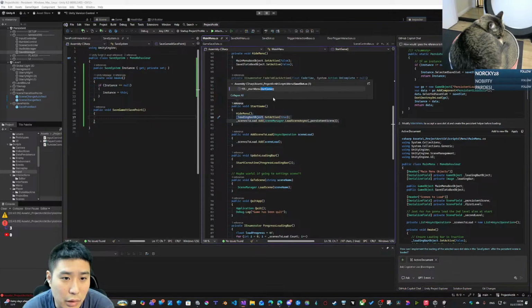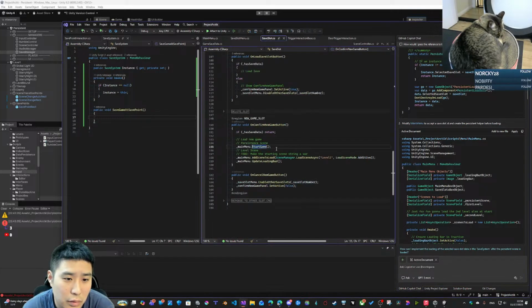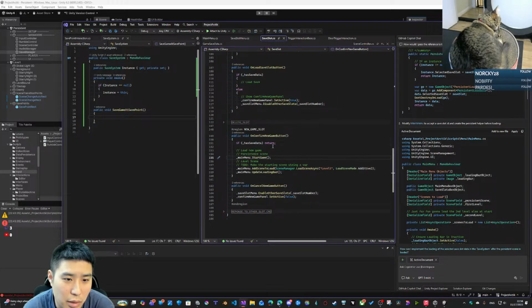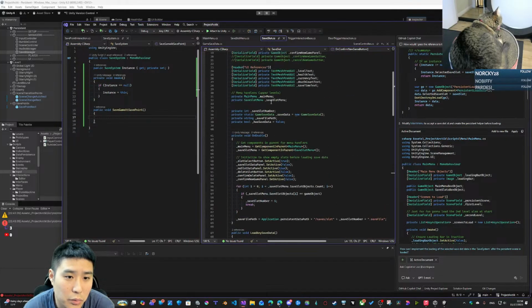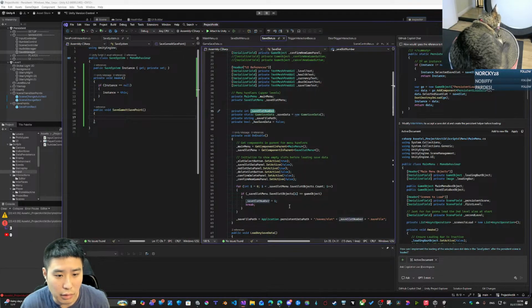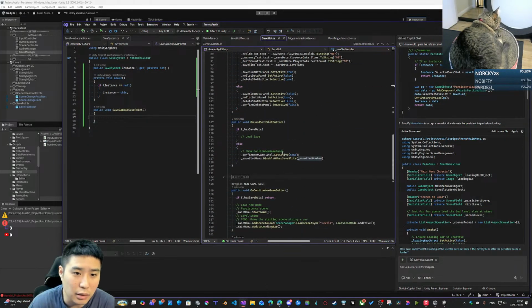I can't reference this. We're starting game on the new game button. I see, but I'm not passing current slot in here. But it has its own slot number here, which is set here, so I could pass that into a